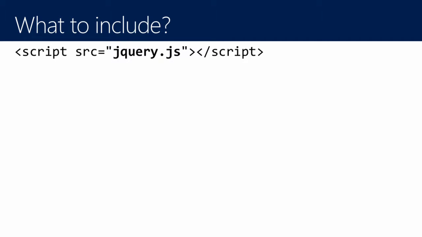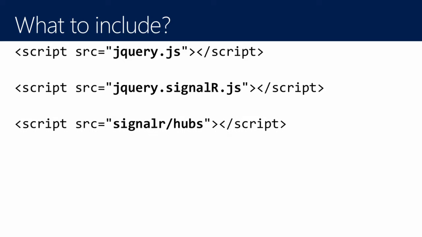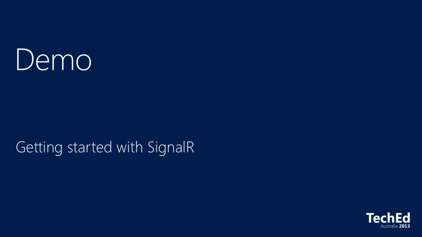The main things to look for: if you get a JavaScript error and wonder why it's not working, you need jQuery, so check that it's included. You need the SignalR jQuery client. And then there's this one. If you're using the automatic proxy generation and hubs, this is a pseudo route that SignalR registers. When you include that, it will automatically scan your code and generate the proxies for you, and that's the URL that you include. So they'll all be there.